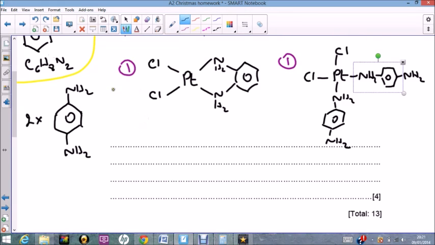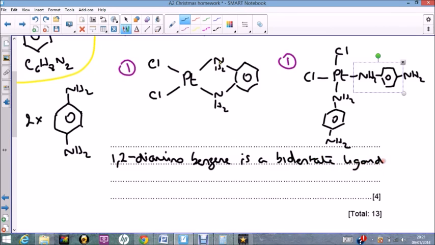So if I say 1,2-diaminobenzene, which is the top one up here, is a bidentate ligand. So 1 mark for saying that. And then I'm going to explain why 1,4 can't do that. So 1,4